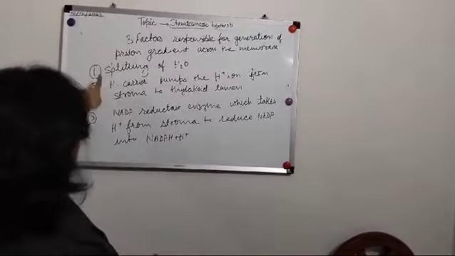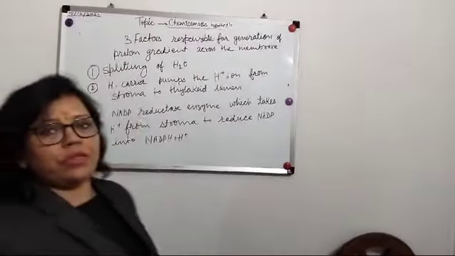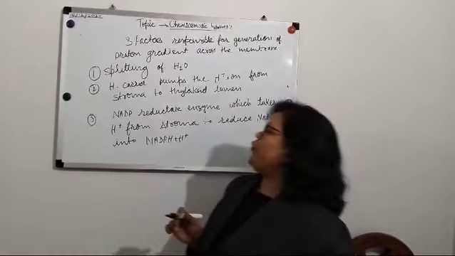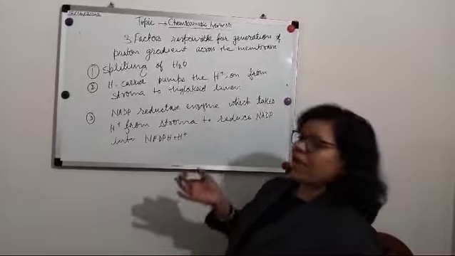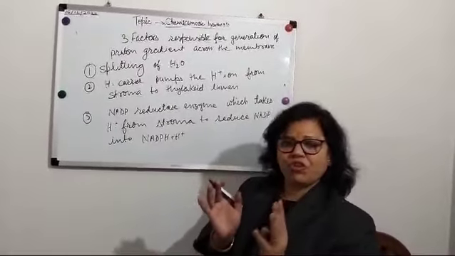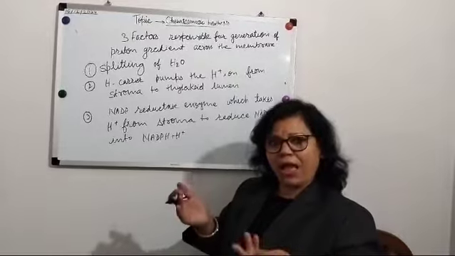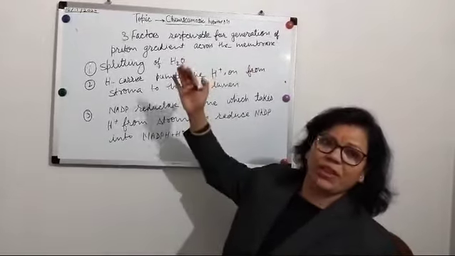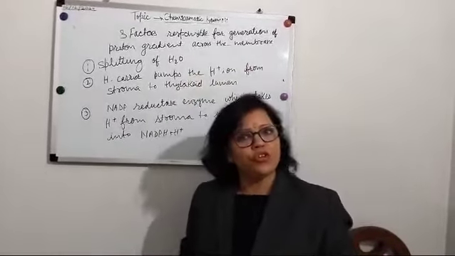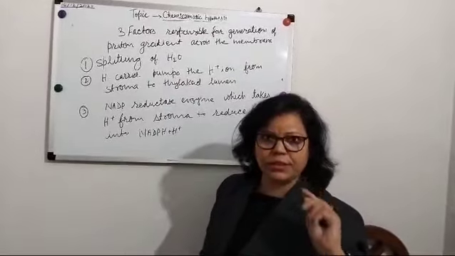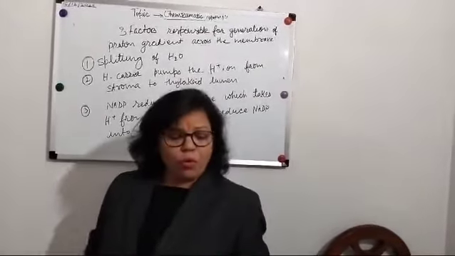So these are the three factors which cause development of proton gradient. That means inside the lumen the concentration of proton should be high, whereas outside the lumen, that is in the stroma, the concentration of proton should be less. Okay. Now next is